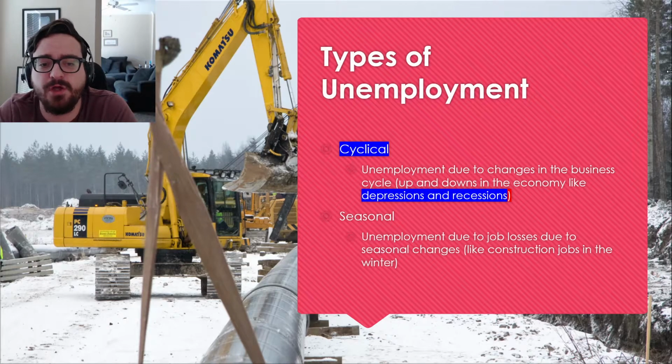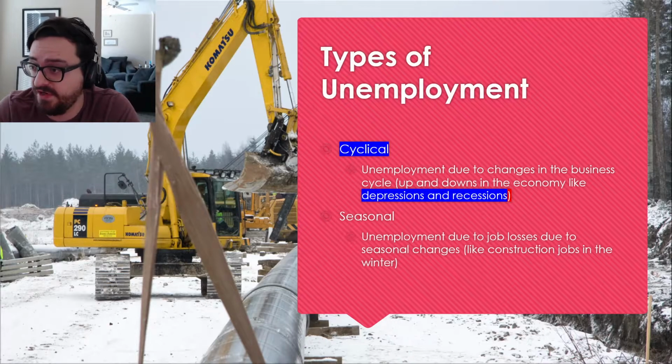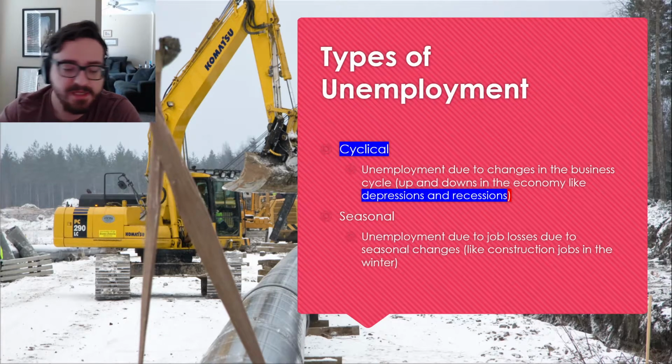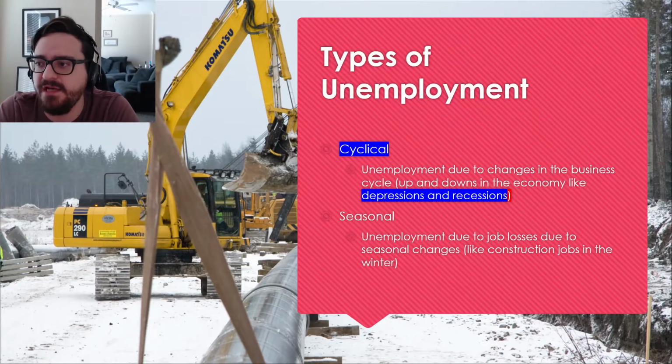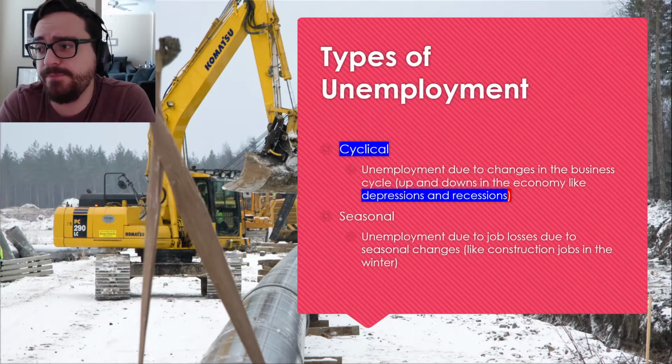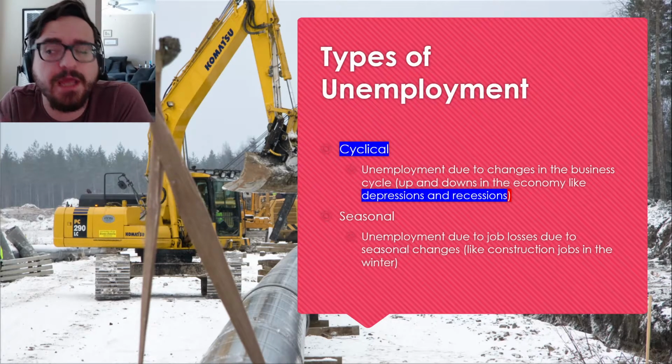So if you have unemployment due to things like a recession or a depression, basically a large-scale economic crisis, that's when you have cyclical unemployment. It's called cyclical because this does happen over time. Again, if you looked at the previous graph of unemployment, it was at the very least every 10 years, and in a lot of decades, it happened 2 or 3 times in a decade. So this is a normal thing for our economy to experience, and we've recovered from all of them so far. Even the Great Depression we recovered from and have become the number 1 economy in the world. So we should be long-term okay.